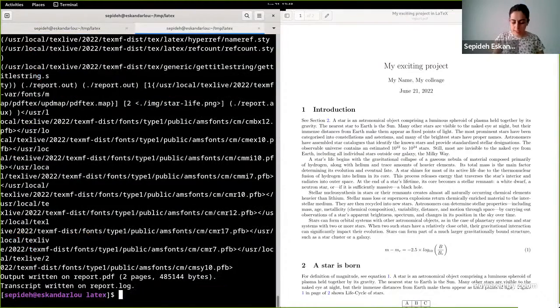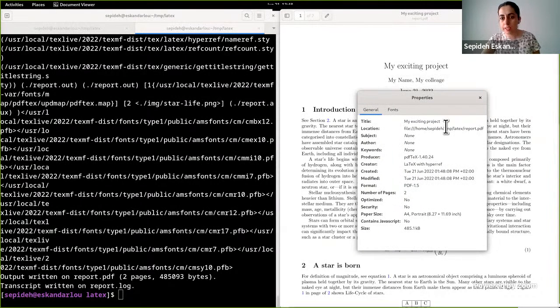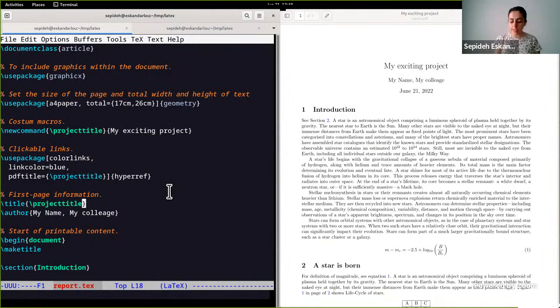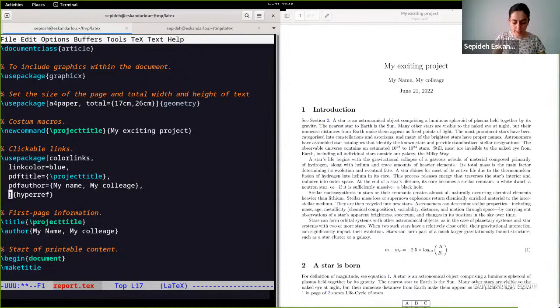Okay, please let me save and run it again and go to the properties. You see the title in my project and inside the metadata are similar. You can add extra things inside your metadata. For example, I want to come here and write the PDF author, put my name and my colleague,